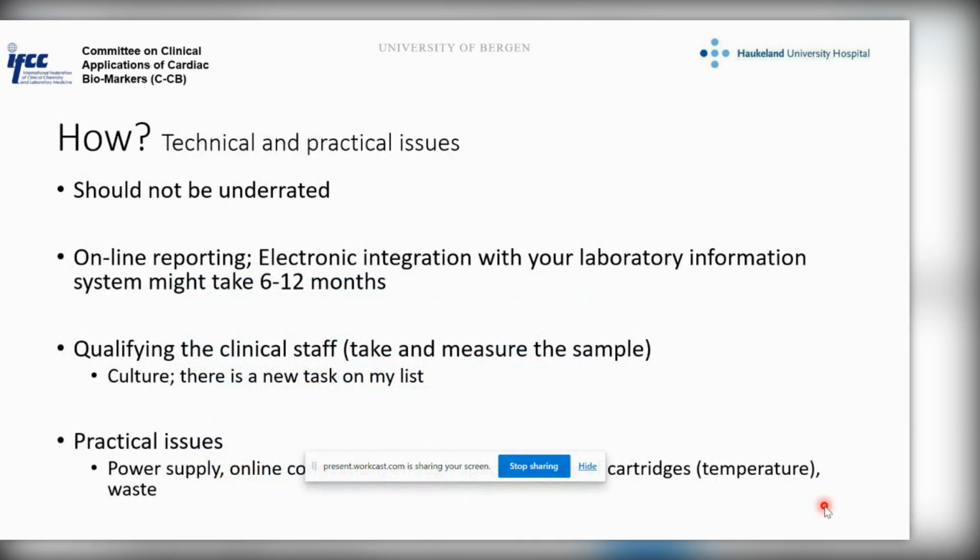When you come back to your lab and hospital and want to actually implement the system, you have to be aware of the technical and practical issues that must be undertaken. And I think this should not be underrated. If you want online reporting, and my clear advice is that you should want that for 99% of cases, well, to get the new instrument integrated into your electronic system might take several months, maybe up to 1 year, depending